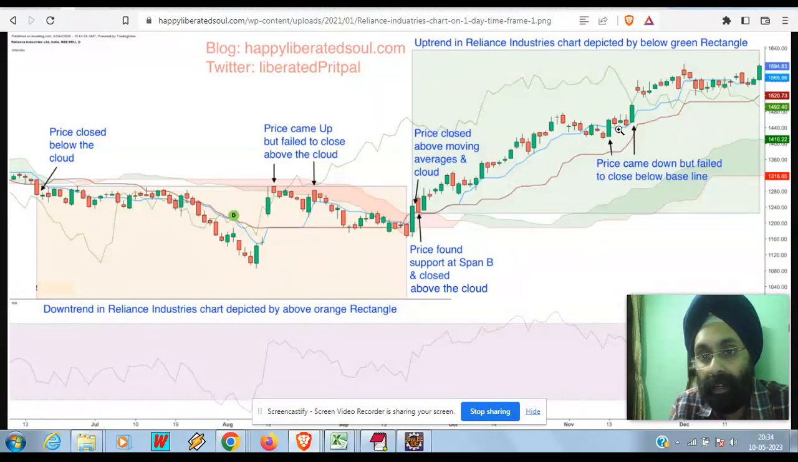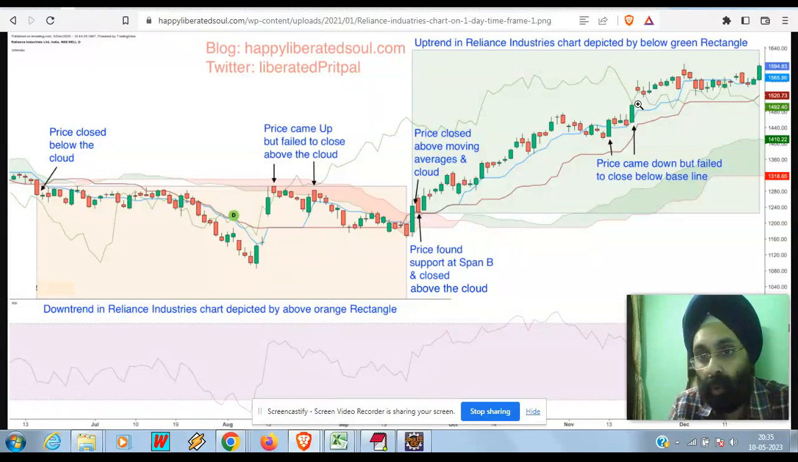So one can take an entry here, or here one can take an entry and keep their stop loss according to their risk appetite, probably below the baseline. So here the baseline is rising. So if you keep the stop loss somewhere here, it will be a small stop loss only, and the price is likely to break the previous high. So within the next candle itself, it had broken the previous high, and you can